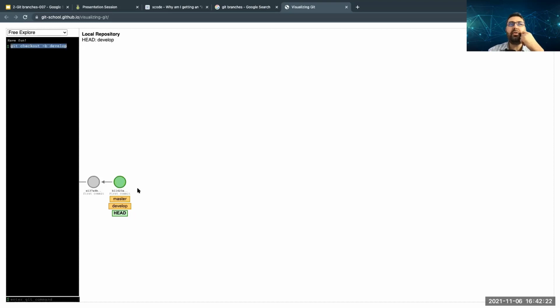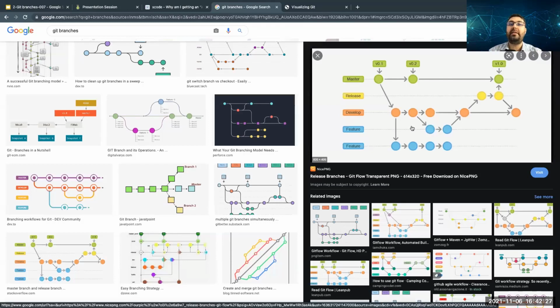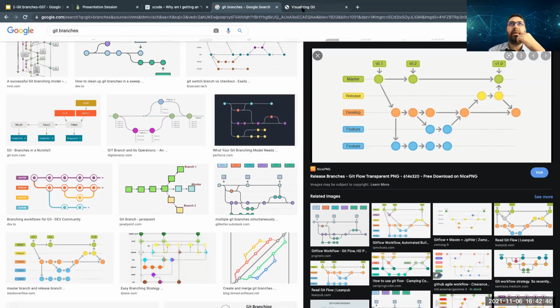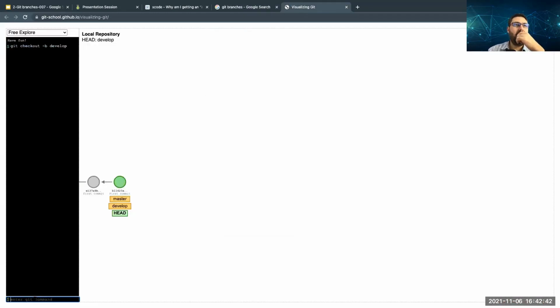Right now, you don't see any changes like we see here, because we have no commit and no merge yet. So let's commit one more time on the develop branch. To see which branch I am on, we just say git branch.